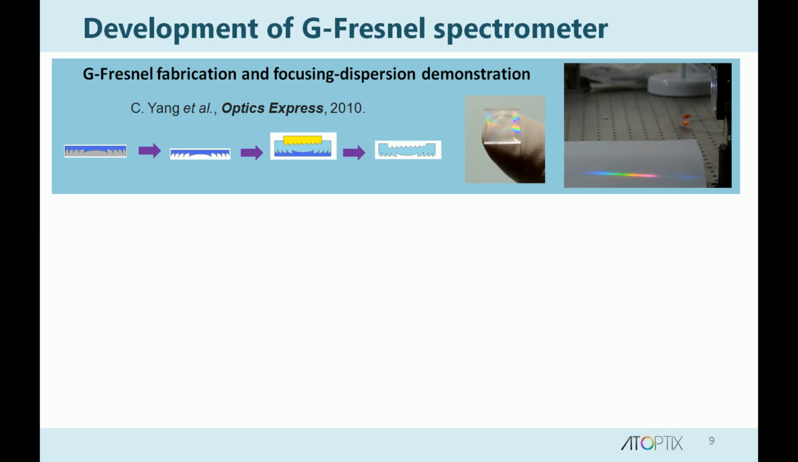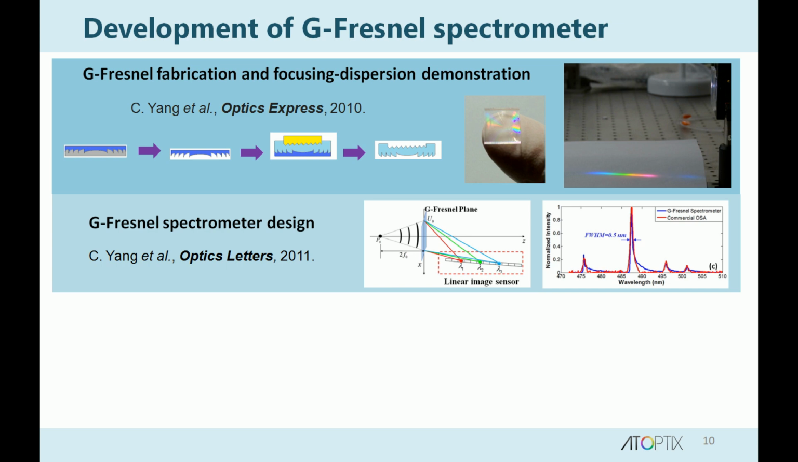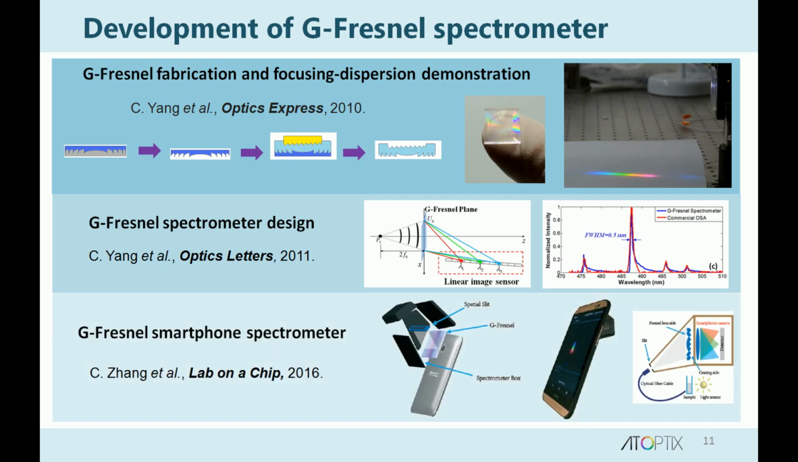So this has gone through some lineage of development. Like I said, it was originally developed at Penn State, where the device and its optical properties were first described, in conjunction with some fabrication techniques, back in 2010. And then the group also demonstrated a spectrometer design using the G-Fresnel with pretty decent resolution performance, less than 1 nanometer. This paper also describes how to develop a very compact G-Fresnel design. And more recently,